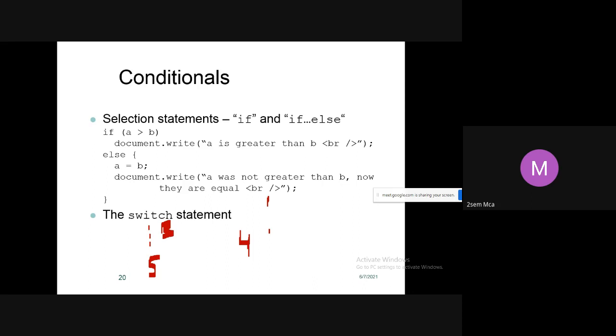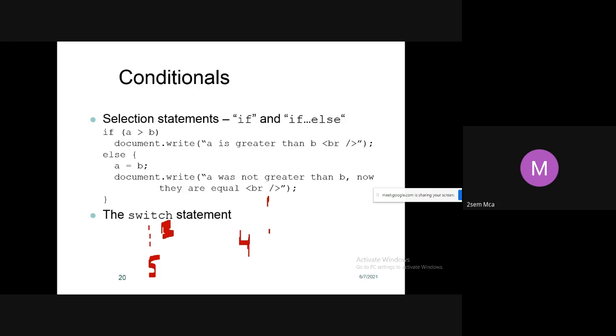Yes? Anybody have doubt in this? Why will it display the output of case 2, case 3, case 4? Break is not mentioned there. Anybody have doubt? Students, anybody have doubt? Respond. If you are silent, it means nobody has any doubt. If I start asking questions, then nobody will respond.